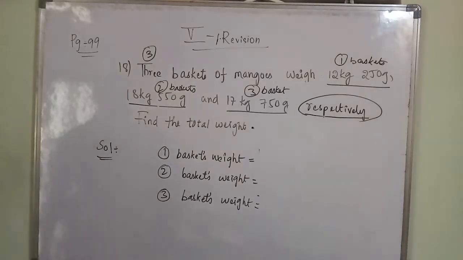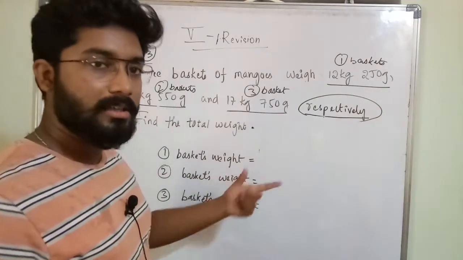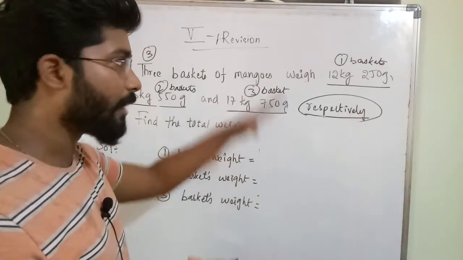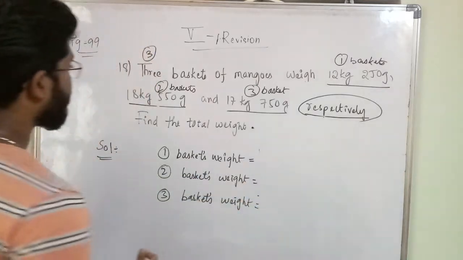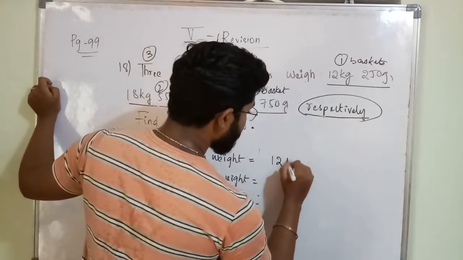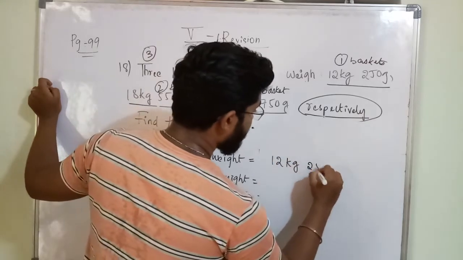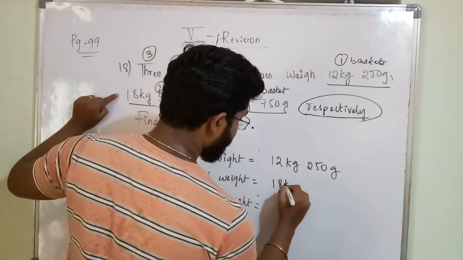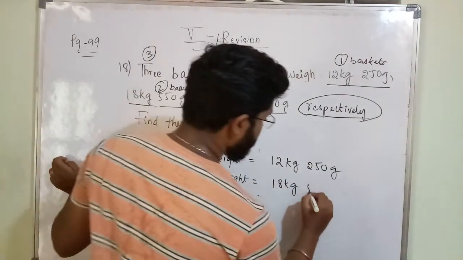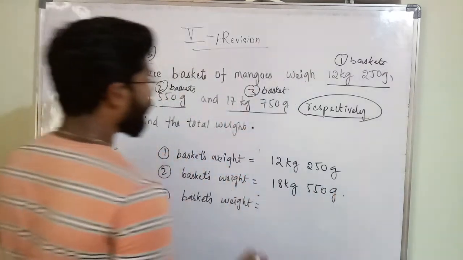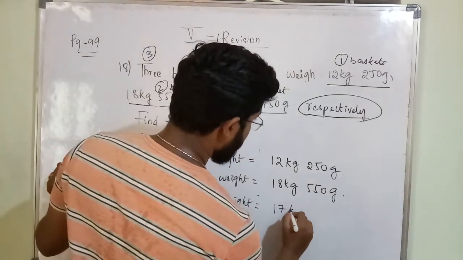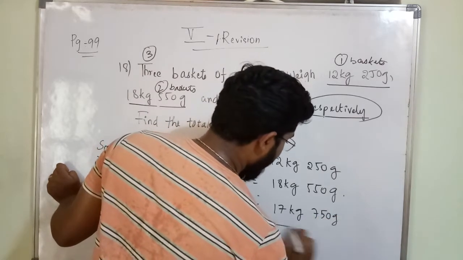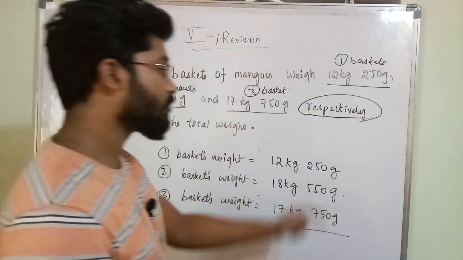So in the previous class we stopped here, no? I got the solution, but once again I want to explain clearly. In the previous class I said the process, you have to add those three. So let us see what is the correct answer. Here 12 kgs 250 grams, okay. Here 18 kgs 550 grams, okay. Next 17 kgs 750 grams. So if I add this total,